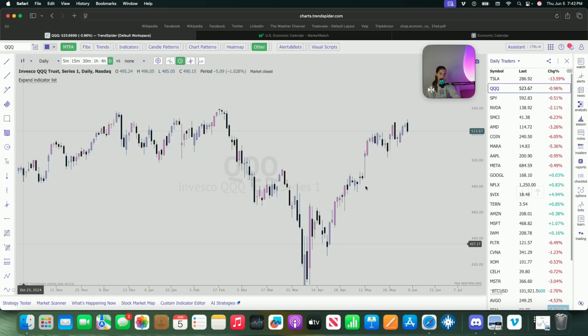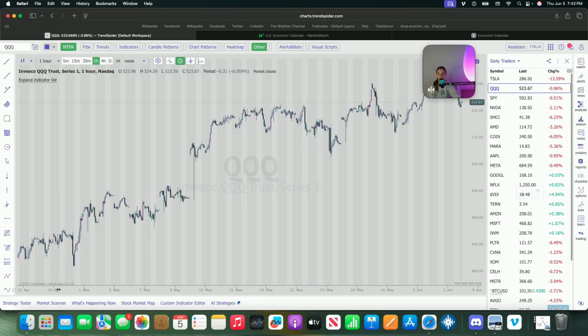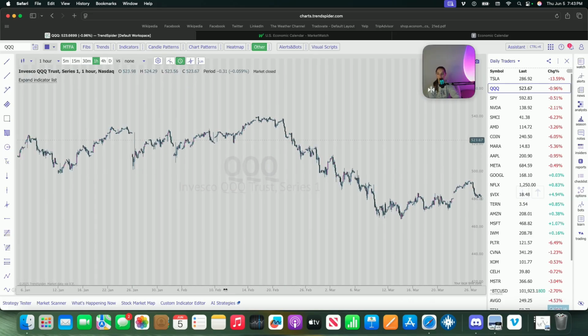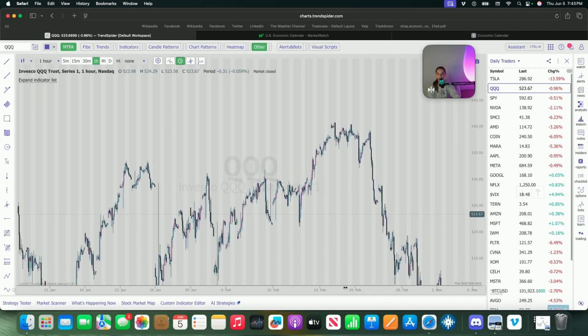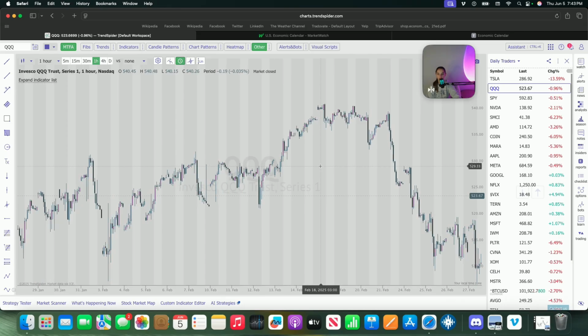Okay, so for this example, I'm taking you guys way back to the daily time frame on QQQ because we do have a pretty strong level around this 3250 area that we saw in the past. You can also drop down into the 1 hour, but it requires you scrolling all the way back because the specific charting platform that I use, you are not able to use the little calendar and go back to a date where you want. So I basically picked out this level way pre-market because I already knew